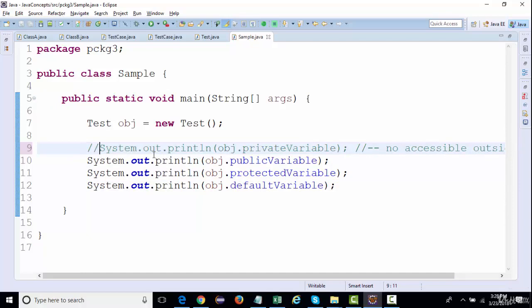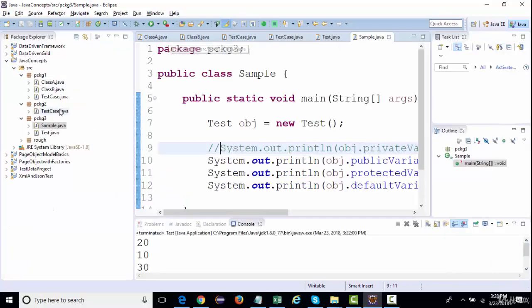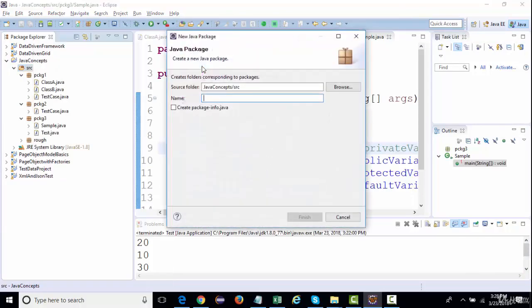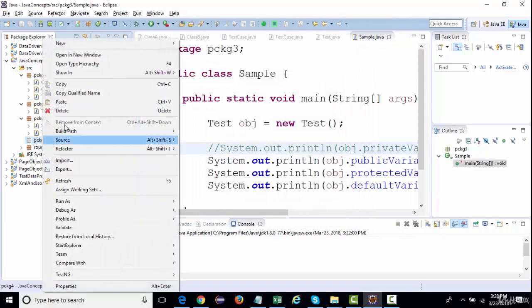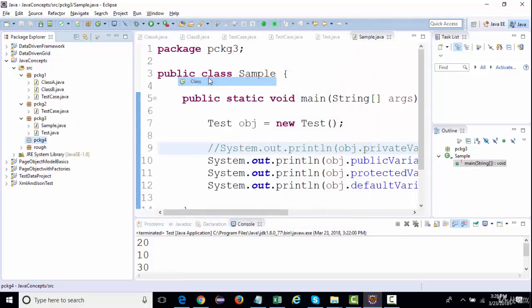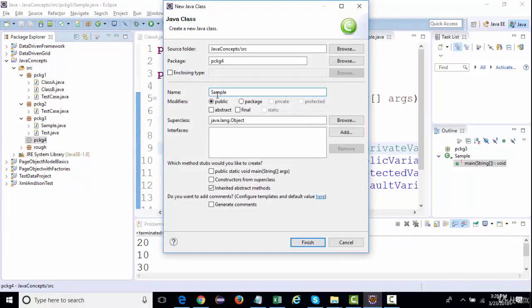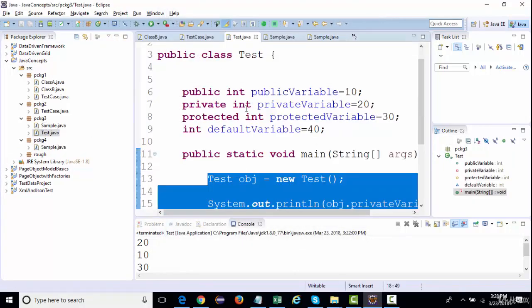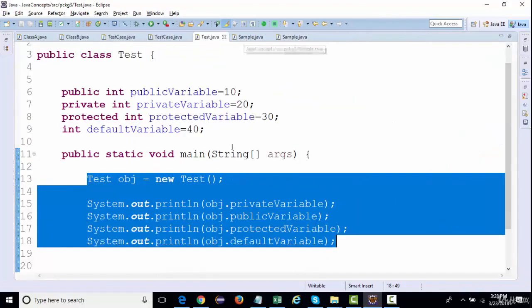Now I'll create another package over here. Name it as package 4. And I'll create another class Sample in this package as well. Right. And what I'll do, I'll just copy the content of this Test class over here and this.